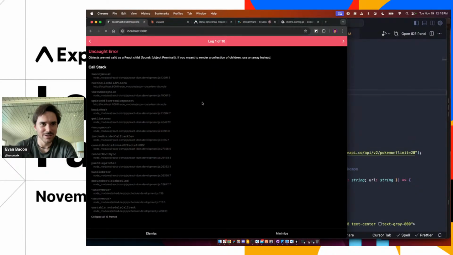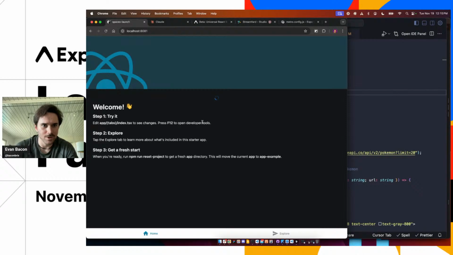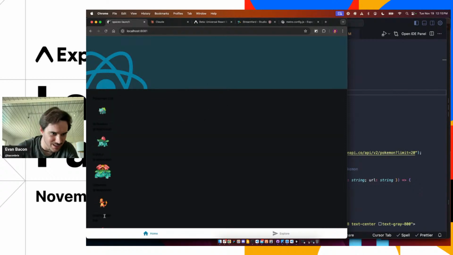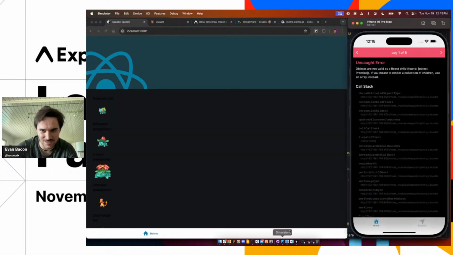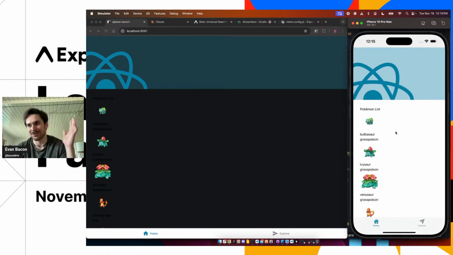Let's see, go in here, try reloading this. All right, so we see the activity indicator spinning and then it fetches the data. Let's try this over here on the iPhone. Fetches, there it is. Oh man, I cannot tell you guys how excited I am for server components, even in